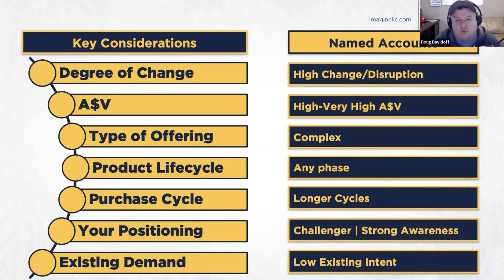And then named accounts is really where things get big and complex. High change, high disruption, high value sales. If for no other reason, then this model is very expensive. Complex offerings. It can work in any phase of the life cycle. Purchase cycles, consideration cycles tend to be longer. Works if you're the challenger or strong awareness. And it tends to be what you'd go with if there's low existing intent. Now, if there's moderate intent, but it's complex and expensive, the target and cultivate would likely work. So you kind of interchange these to figure out what best fits you, and then you determine and you play